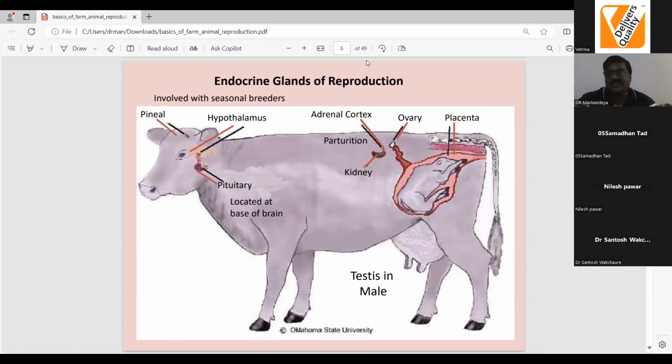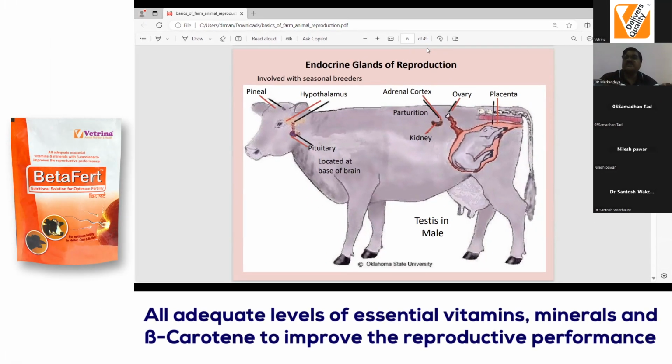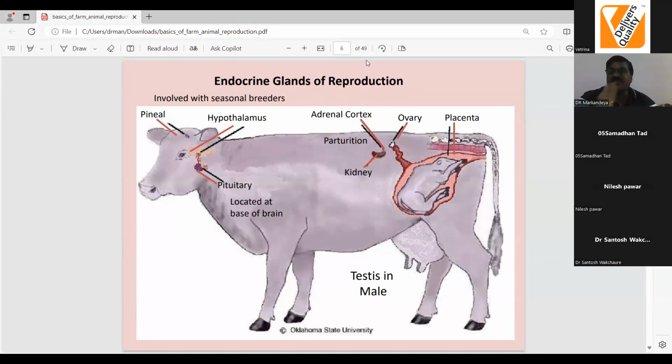4 months, 5 months is the period required for maturity. It is a maturity of the reproductive system. It is maturity of reproductive organs, and it is maturity in terms of sequential expression of reproductive events. So once the animal is mature, then only the animal is able to bear the reproductive capabilities, that means the pregnancy. Otherwise, pubertal estrus, first 2, 3 cycles are not at all expected for covering that particular animal and breeding of that particular animal.